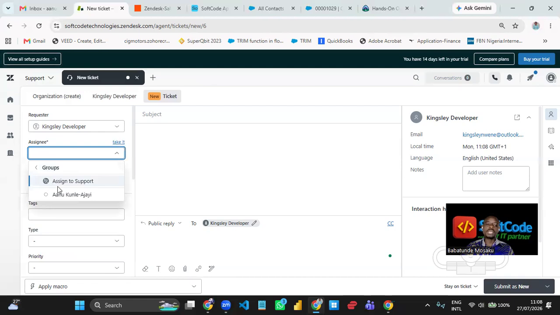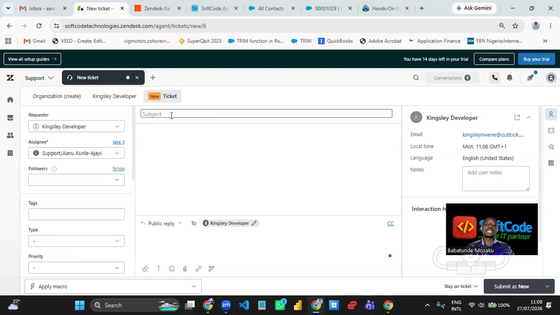Okay, so let us show you. If you click this, you are assigning to support as a group, so everyone in the customer support department is going to get it. Or you can assign to a specific user in the system. And we are going to assign to a specific user in the system, which is this particular person. That's what we are doing here. They also have a subject field, just like we also have a subject field. So subject here we can say